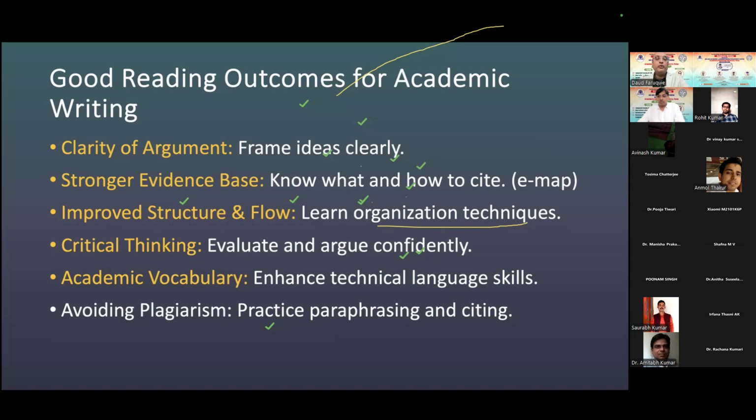And then you are able to critically think about the study which you have just read. You are able to develop your own arguments on the basis of the arguments which were